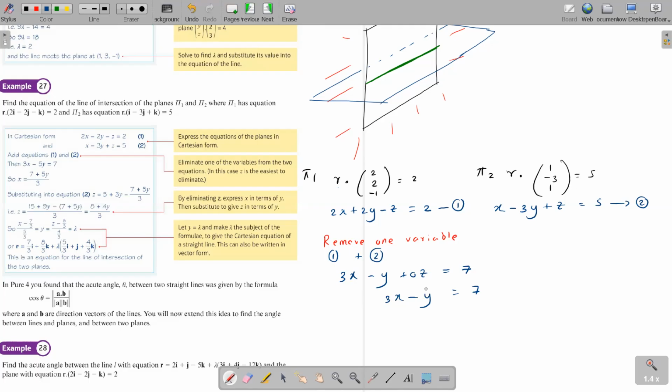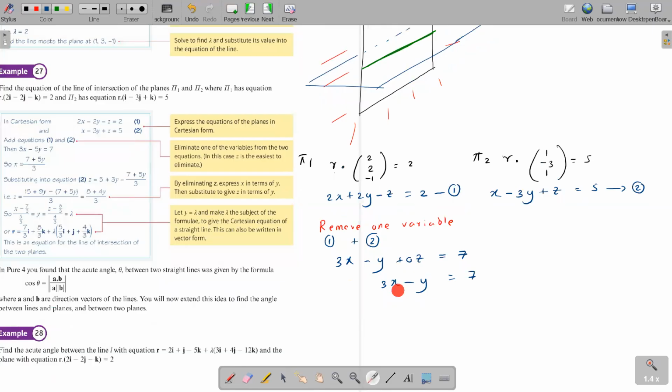And then children, now there is no correct way in saying that the method they have done in the book is the only correct way. No. So the next thing that we do here is, you remove one variable. In this case it is z. It doesn't always have to be z. So if you wanted, you could have removed x. If you wanted, you could have removed y. Just remove any one. It can be x, it can be y, it can be z. In this situation, I removed z. Then what we do is you get an equation with the remaining two variables. So the remaining two variables in my case is x, y.